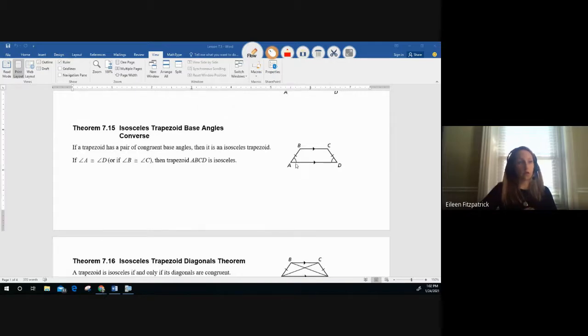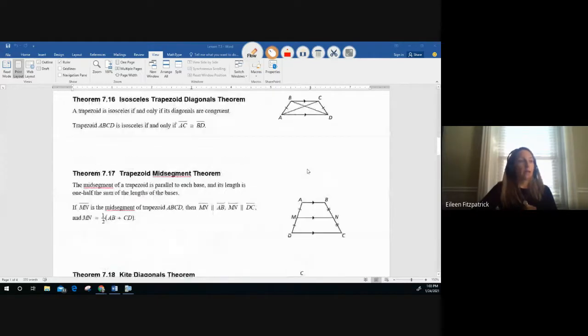So you'd be able to figure out that the legs are congruent to each other. Then you'd also be able to figure out that angle B and angle C were also congruent to one another. Okay. The isosceles trapezoid diagonal theorem. A trapezoid is isosceles if and only if its diagonals are congruent. Okay, so trapezoid ABCD is isosceles if and only if segment AC is congruent to segment